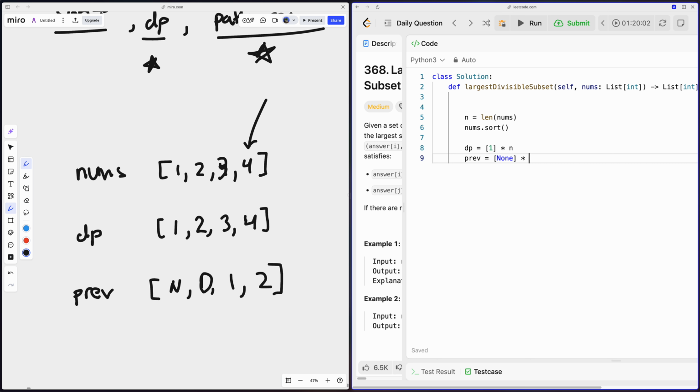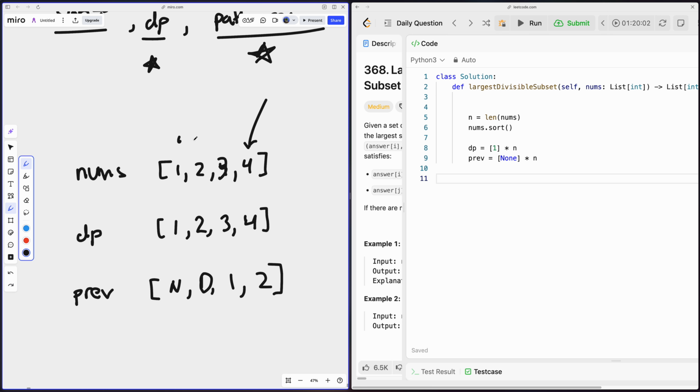That's all nums times n. And then now we could just have a pointer, an i and j. If we had i over here, that means we just loop from j all the way to i, checking the mod situation, right? So okay, for i in range,